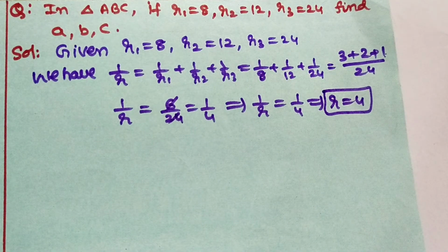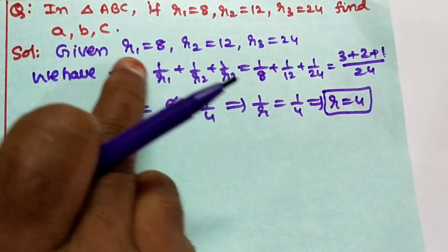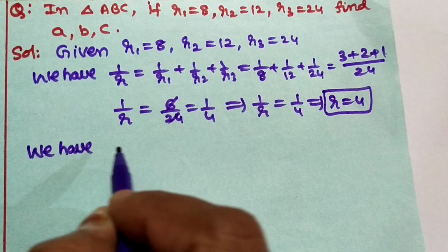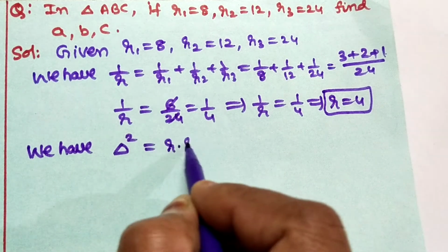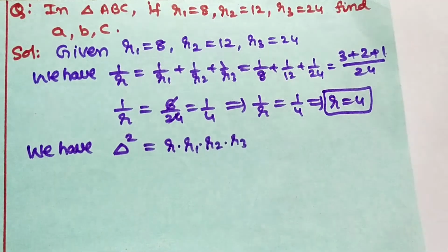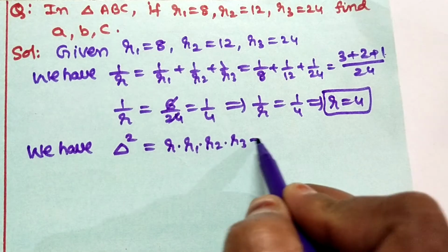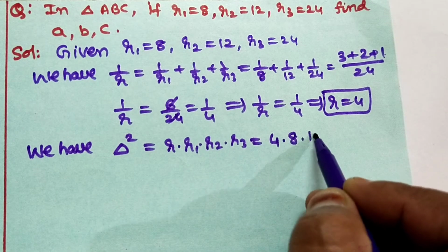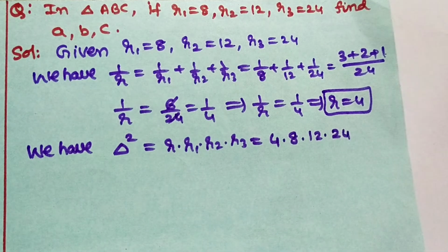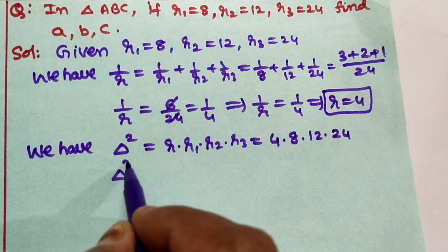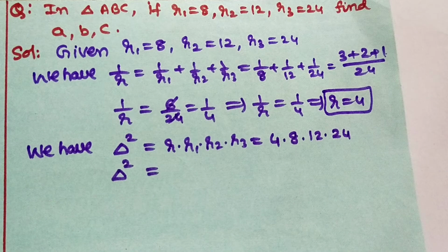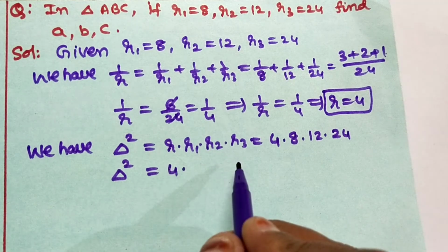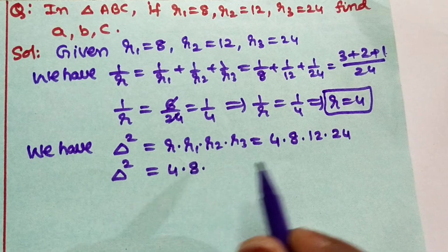After reaching the value of R, we know R1, R2, R3 also, and one more formula we have: delta square equals R into R1 into R2 into R3, which is equal to R value 4 into R1 value 8 into R2 value 12 into R3 value 24. So delta square equals 4 into 8, you can keep like this only, 12,